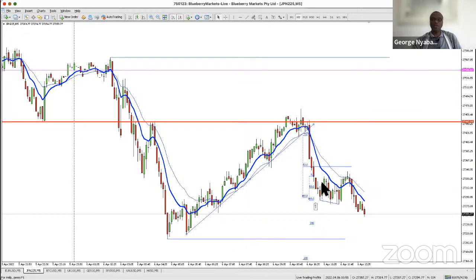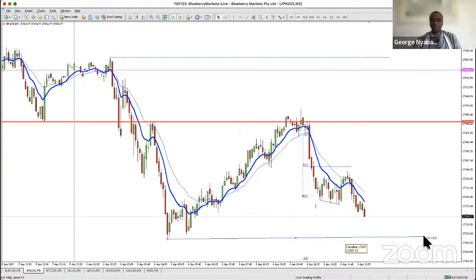This measured move here, I was just at that point after the pullback and the double top here, I thought, well, this is possibly the last pullback before we get down here. The measured move of that was to get here. But we didn't get there at that point. Market went sideways. So at this present moment in time, as far as Nikkei 225 is concerned, trading range price action is what I'm seeing, which means I've got to wait for the market to get down here. And if we get down here,